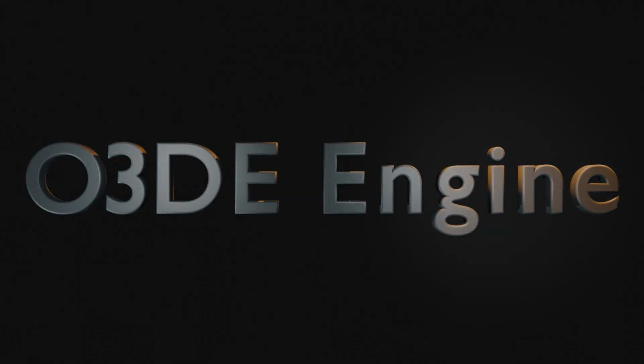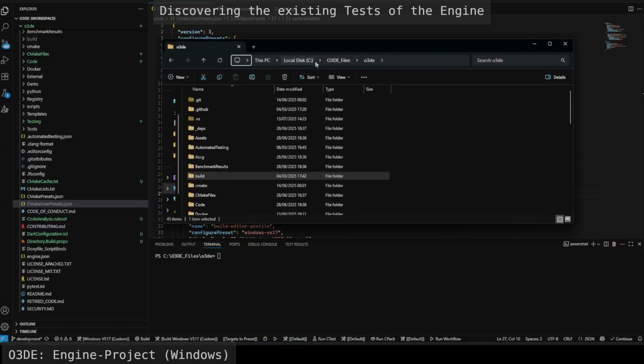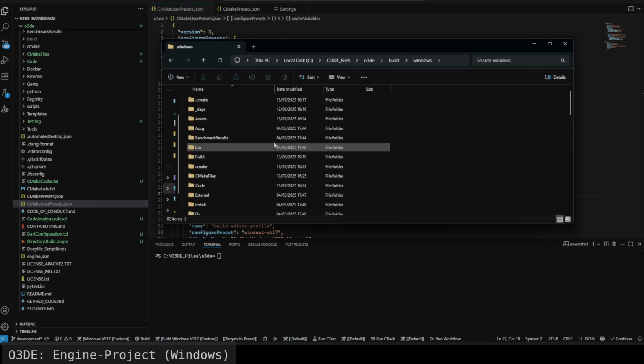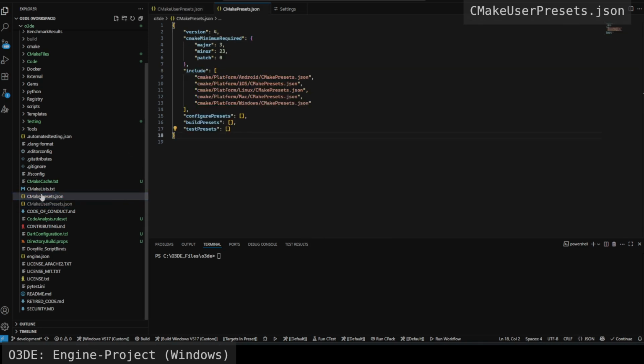So let's start with the engine. In this tutorial we will cover a project-centric development, as in you have the engine and then you create a project that is using the engine. So as you can see, I already opened my source code of the engine in Visual Studio Code, and in